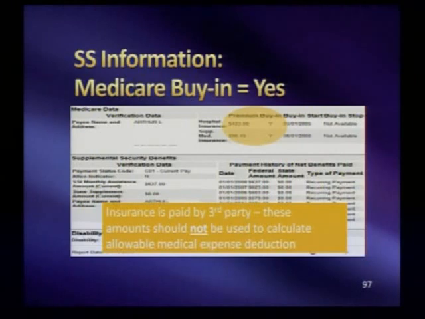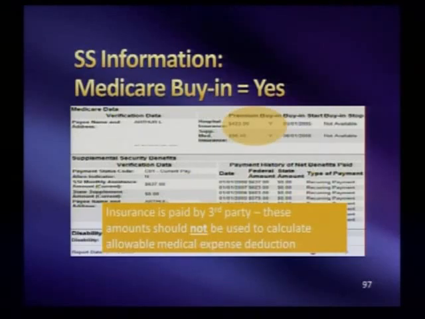And typically what you will see is that the difference between the gross and the net benefit amount is equal to the actual listed insurance premium. So if the insurance premium is being paid on behalf of the tenant by a third party, you do not include that $96.40 or whatever the listed premium amount is,